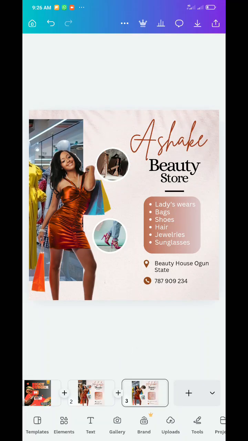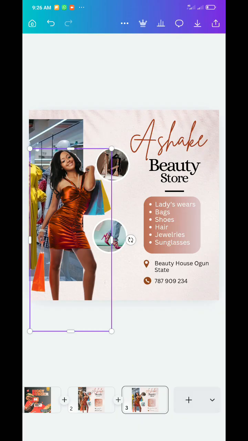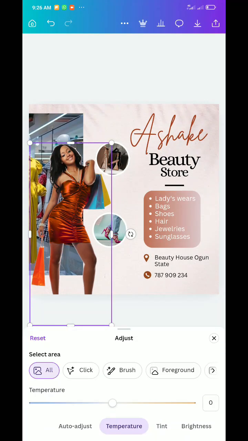All right, guys, so what next we need to do, let's see. Let's just increase the quality of our lady. Let's do some adjustments. Let's try and increase the brightness a little, the contrast a little, the highlights a little. So the white,